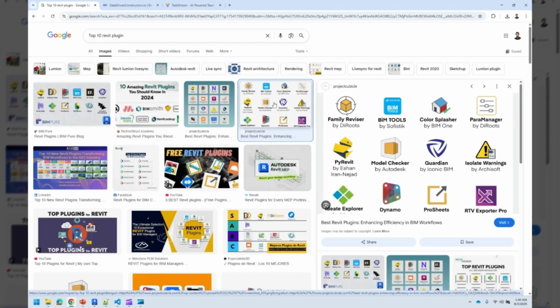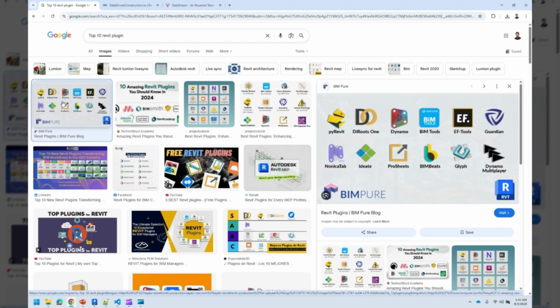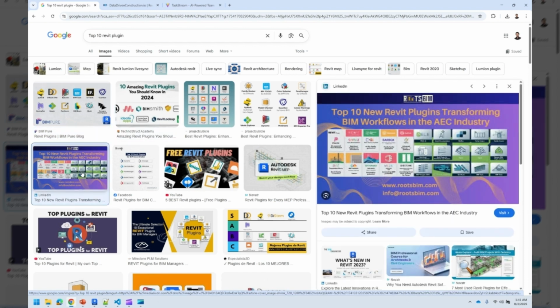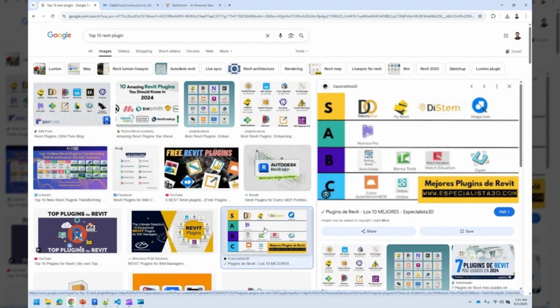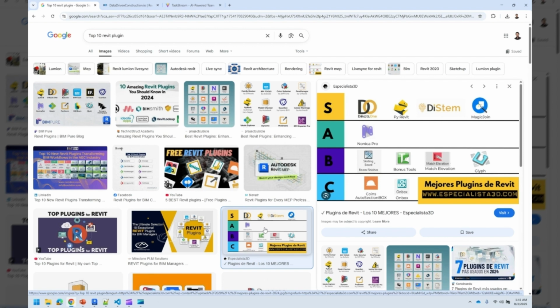Out of this, probably Dynamo is one which I have used. pyRevit is something that I have extensively used. BIM One Color Splasher, that's something I used to use years ago. I don't think that's very relevant now. If we look into this, I'm not sure if I use anything else apart from Dynamo or pyRevit. Looks like there are plenty of these which are trying to be the top 10 in the market. Anyways,